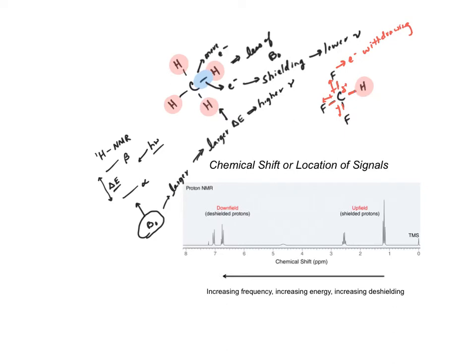But most importantly, that causes carbon to withdraw electron density in this bond, right? So this withdrawing of electron density leads to there being fewer electrons around our hydrogen nuclei. And because there are fewer electrons, there's less of this overall shielding effect. So this guy has a larger energy difference. It feels a larger magnetic field, because we're applying this constant external magnetic field, but these electrons are not opposing it as much. So this guy will absorb at a higher frequency of light